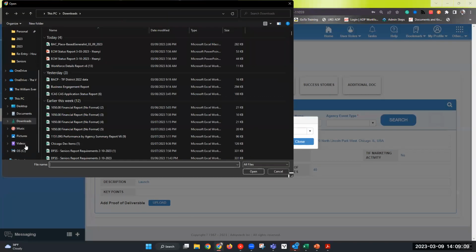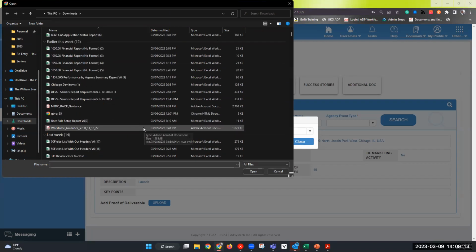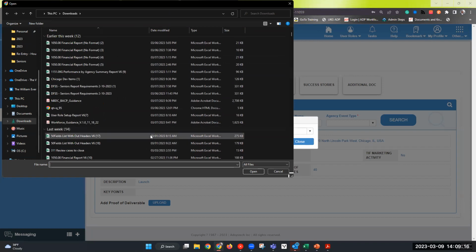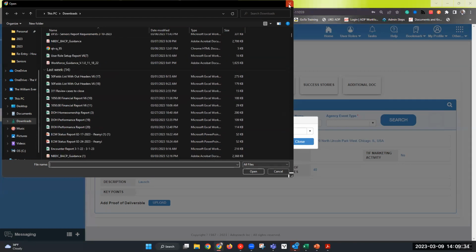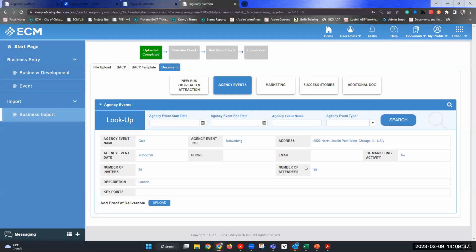And then you'll be directed to your file directory, and this is where you upload your pictures for your gala event. So for example, if you have some engagements and BACP ever reached out to you and was like, is there any evidence of this engagement? You can either upload your sign-in sheet, pictures, your pamphlet, or anything else to prove that you actually had that event. So pretty straightforward.